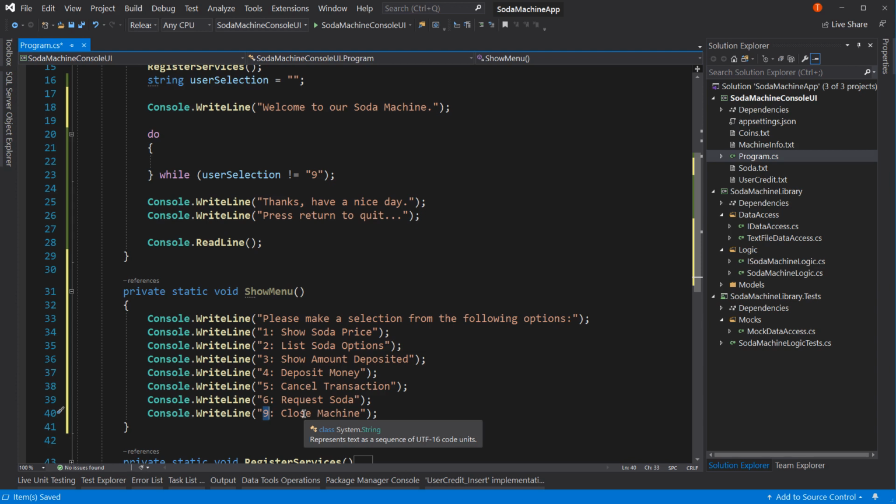And second, you just give yourself a little bit of space. You don't have close in the middle of the list. So if you add another option, it'd be 7, not this be 7 and the other option be 8. That way, if a user is used to hitting a number to close the machine, and all of a sudden it does something different, that would be a problem. So that's why I chose 9 and skipped 7 and 8. All right, so now